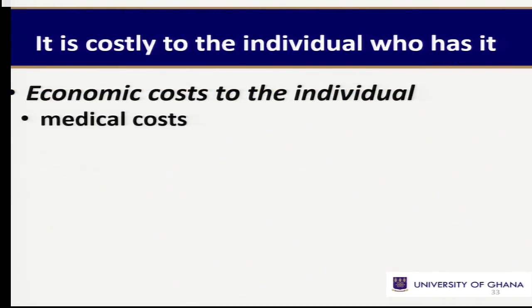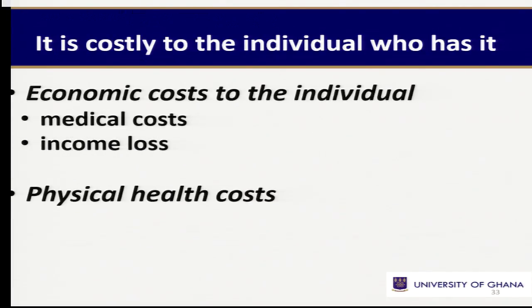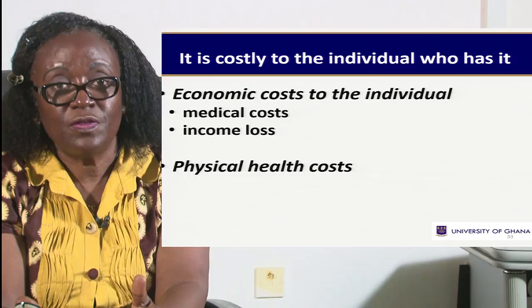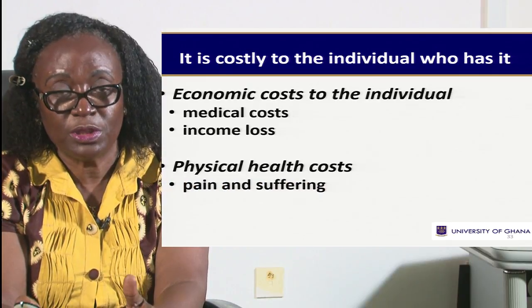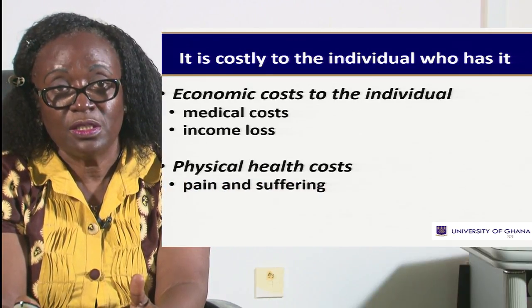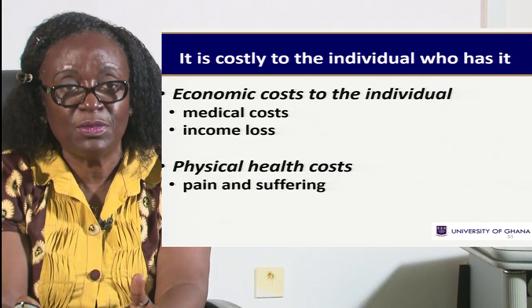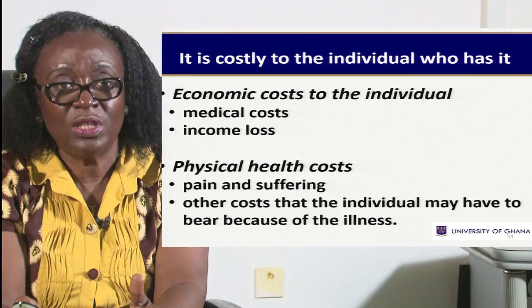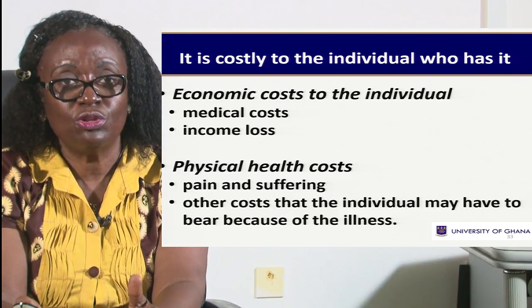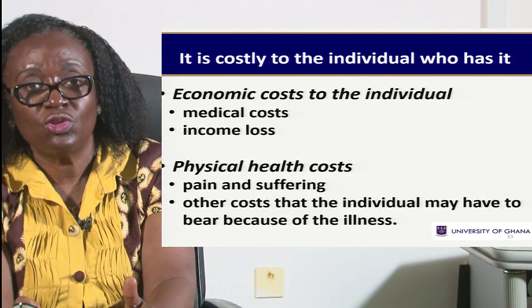So economic cost to the individual is key. Medical cost is important. We lose income because we don't go to work. Physical health cost is also very, very important. Pain and suffering, yes. If you are having diarrhea, you are not just going to buy medication, but you suffer for it. So that alone should tell us that we should try as much as possible to avoid